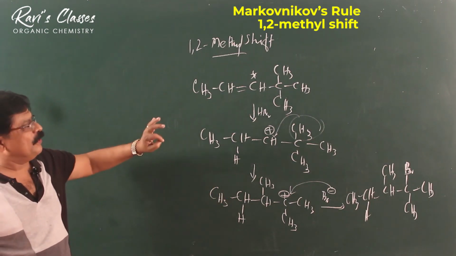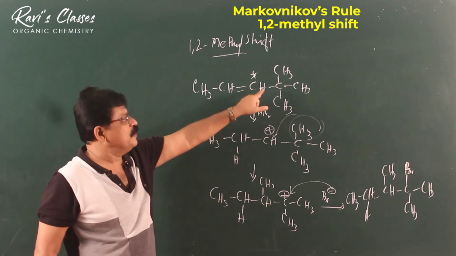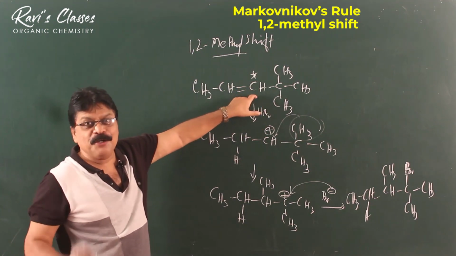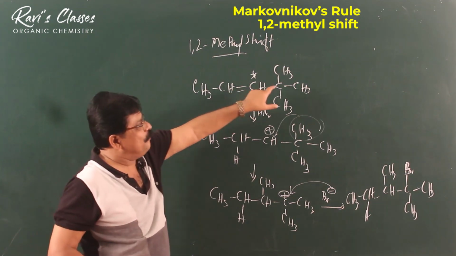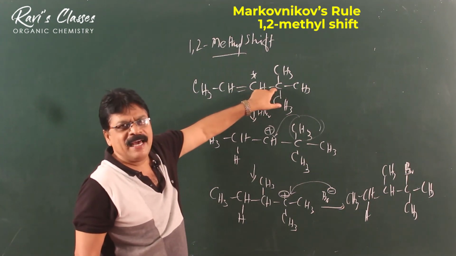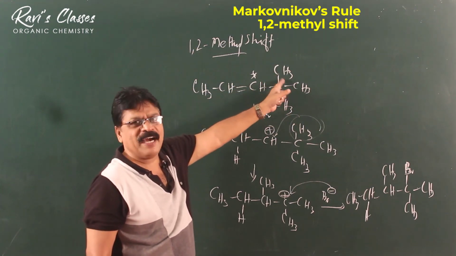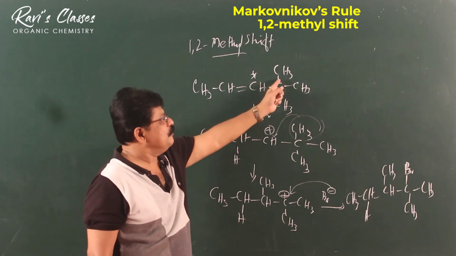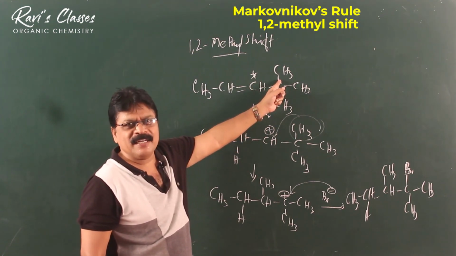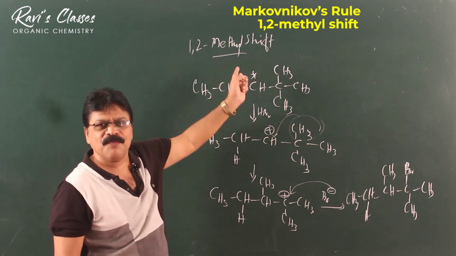Normally, when you get a question, always see whether there is a double bond. Find out which is the most stable carbon cation. Don't immediately jump to predict the product. Check whether at the neighboring carbon there is scope for formation of a tertiary cation, either by the shift of a hydrogen atom or even a methyl group. You get the new carbon cation here, and Br minus will then attack. This is called a 1,2 hydride shift or 1,2 methyl shift.